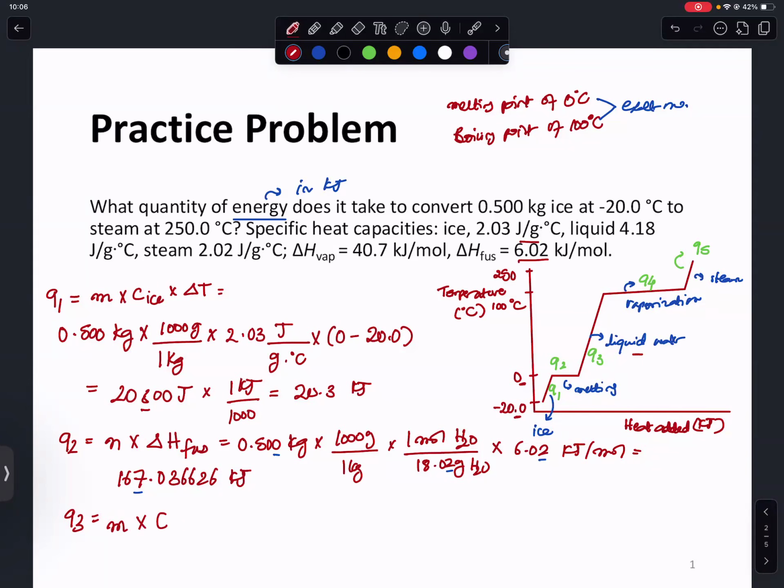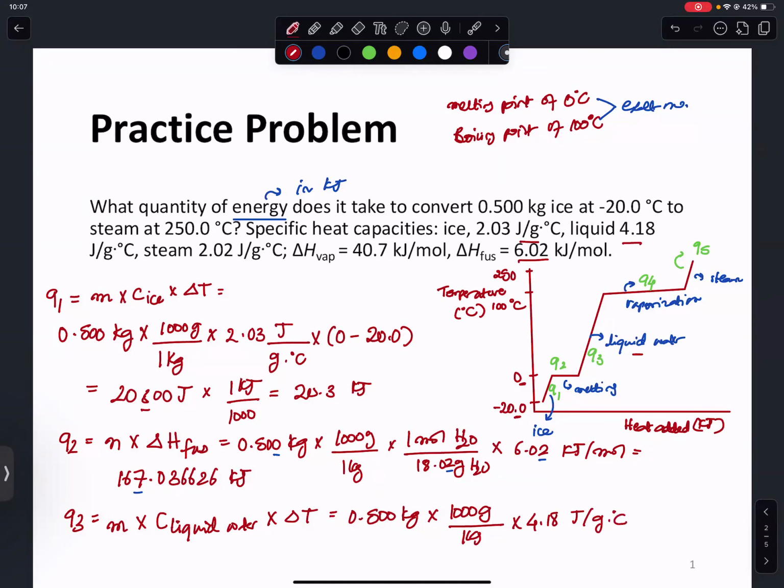We're in liquid water, so here it is going to be liquid water, times delta T. So it's going to be 0.500 kilograms, 1,000 grams over 1 kilogram, times, here liquid water is 4.18 joules over gram degree Celsius. And if you're wondering, we're including the sig figs of specific heat capacity, since this is a measured value, times